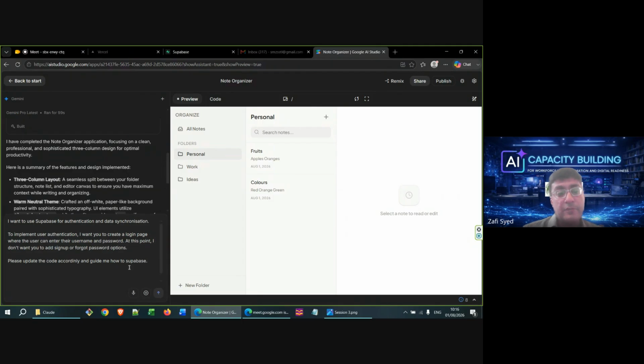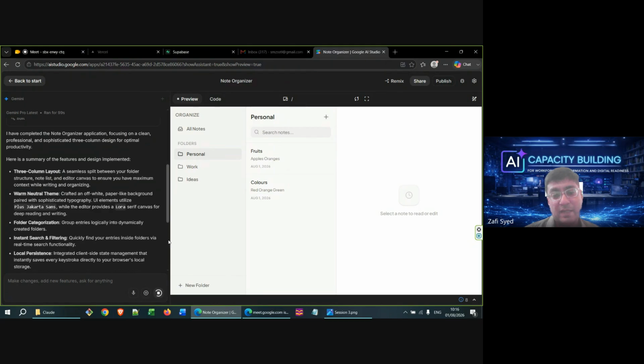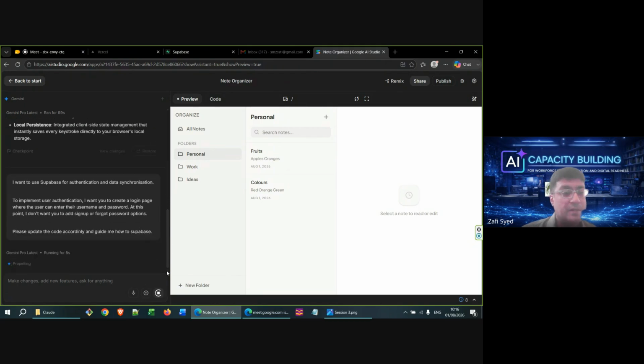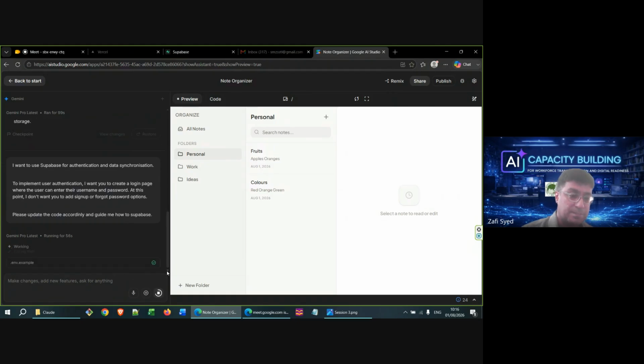So again, if you're already familiar with how Supabase works, you don't need to ask it about guiding you. But if it's the first time that you're using any service, really, just ask it to help you through the process of setting things up. One of the things with using these AI tools for building MVPs and vibe coding is that you can ask them to write code, but they also function as chat. So if there's any aspect that you don't really understand, then you can go ahead and ask, and basically the AI would provide its rationale for this.